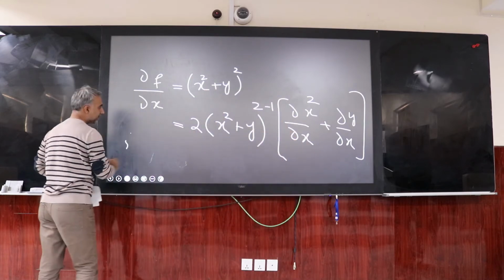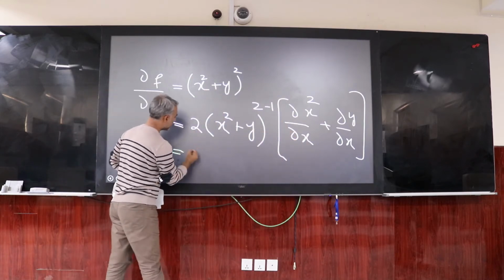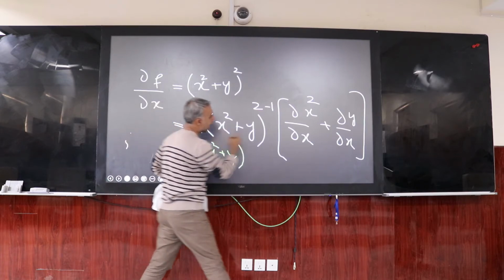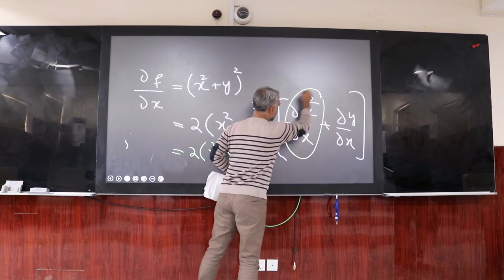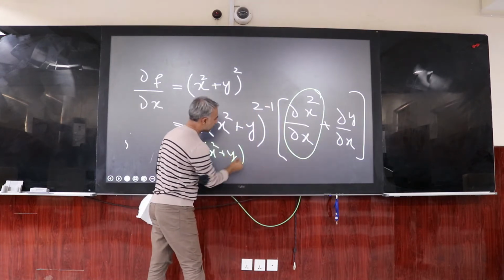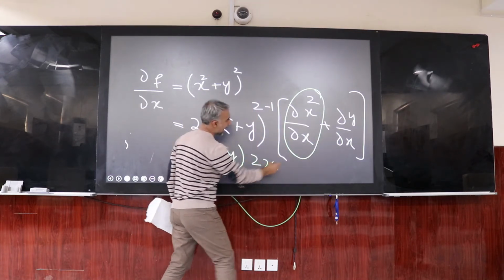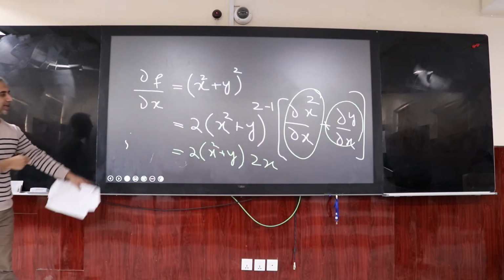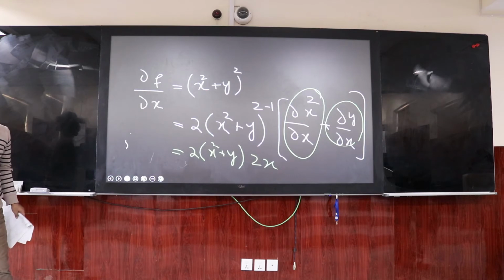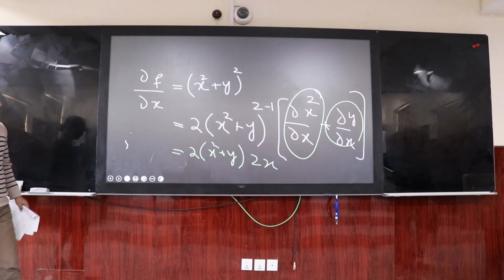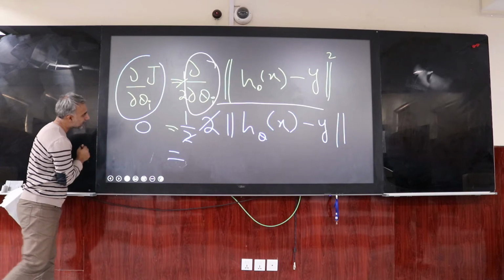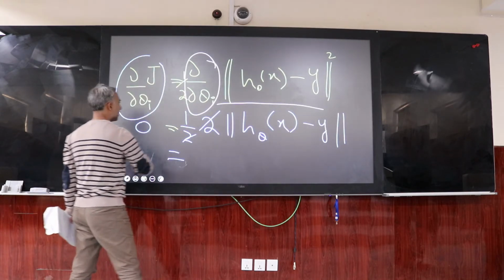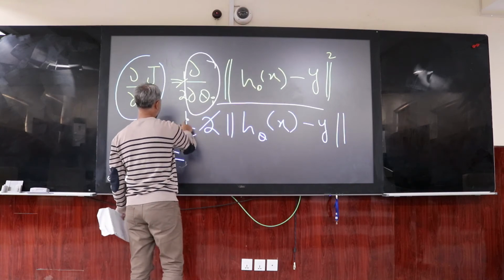So here, yes, this can be written as x square plus y, and this, of course, will be 2x, and this will become 0, so we don't need to mention it here. Remember this thing. And in this case, if I consider it